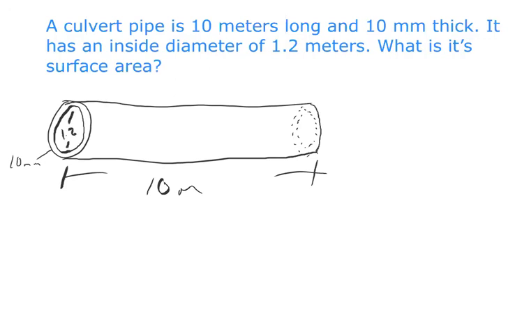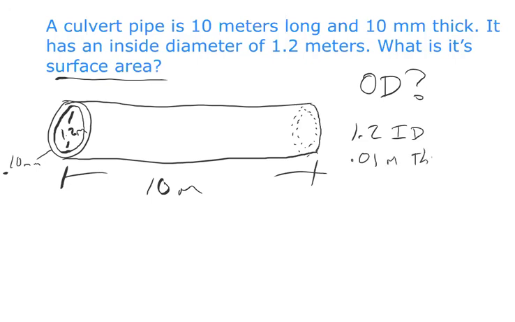Aha. So we need the outside diameter in order to get a surface area, because it's saying surface area in the question. I need the outside diameter. So I have a 1.2 inside diameter and a 10 millimeter thickness. So what's 10 millimeters in meters? I need to match this, both in meters. We have 10 millimeters thick. So what is that divided by 1,000? And the answer is 0.01